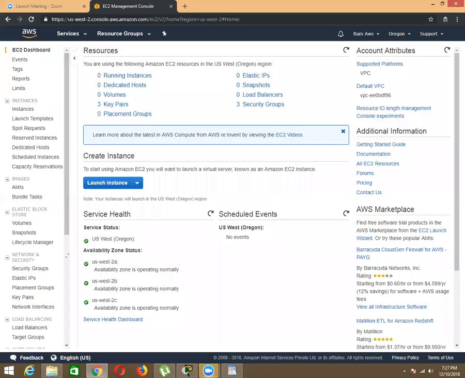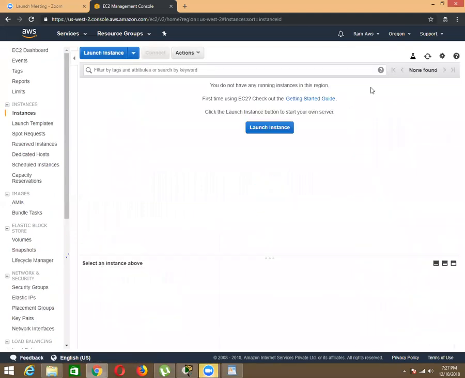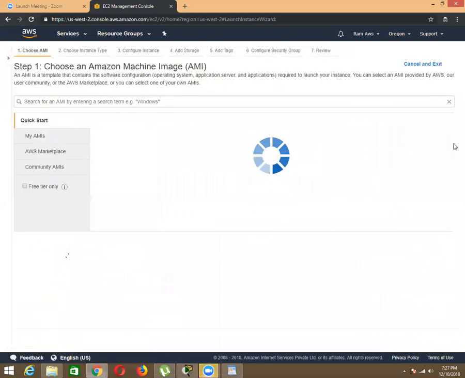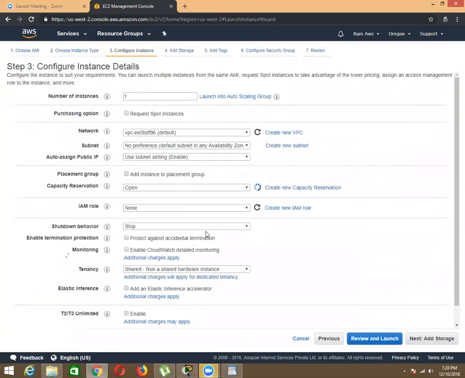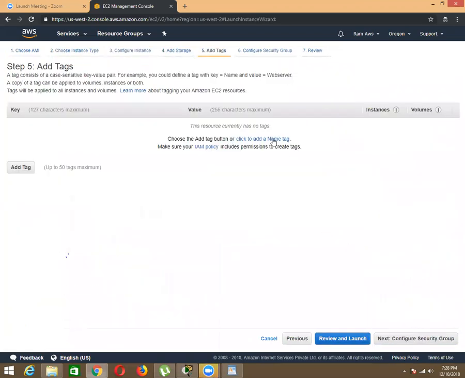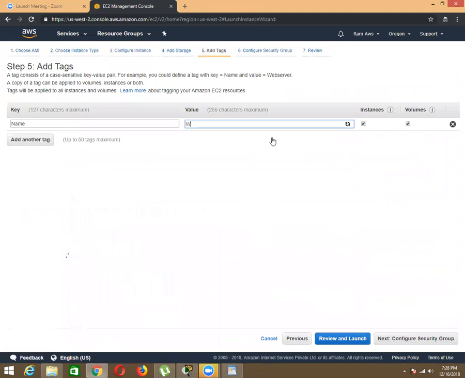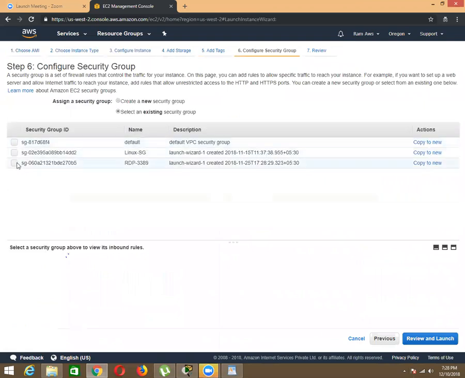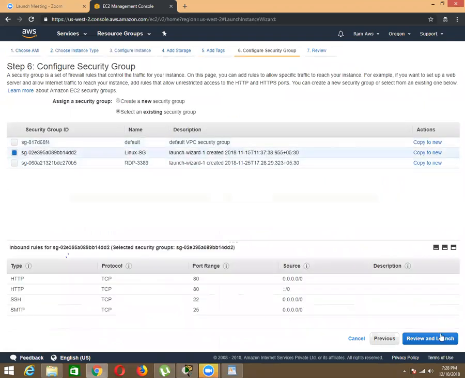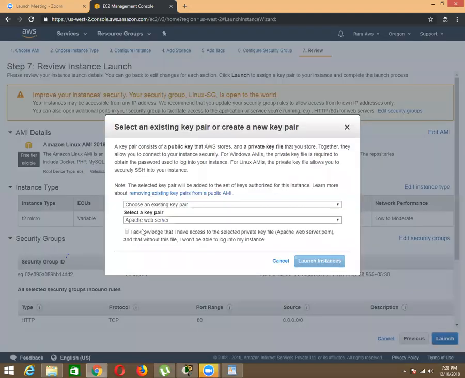If you launch your instance in auto scaling, then only you can get recovery. See, for example, I am in the Oregon region, and I'm going to launch an instance with an Amazon Linux AMI. This is your very important server instance, like a web server, running in that particular region, attached to your existing Linux security group, and